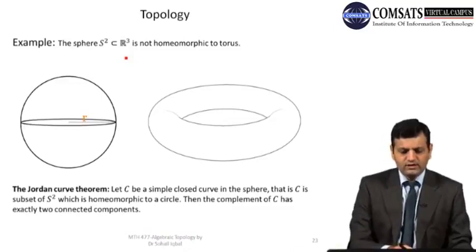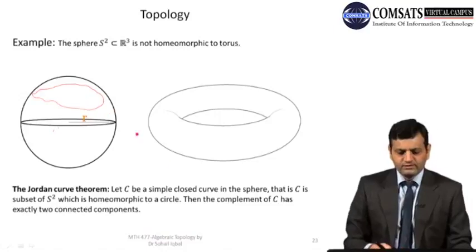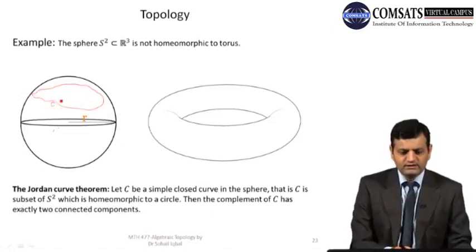For example, I can consider this simple closed curve. Then the complement of C has exactly two connected components. So this is the curve C and its complement has two parts, the inside part and the outside part